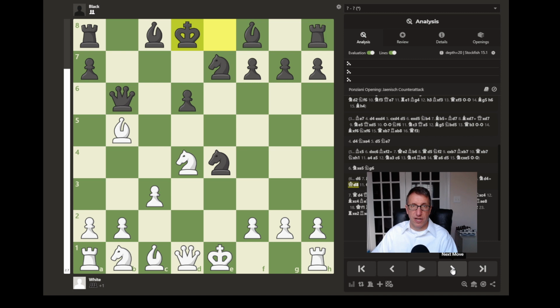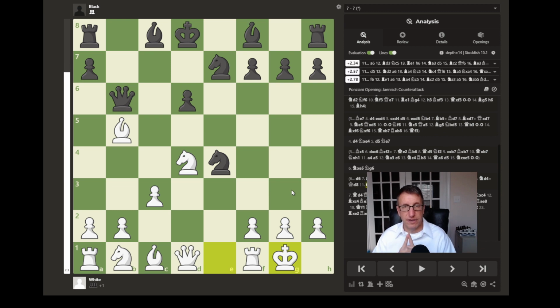And so here, if the king moves, we have a possible castling, and in this position, black's king is left in the center where it could become a target. We have an isolated queen pawn here that could become weak and a target as well. And also white is ahead a pawn. And if we look at the evaluation, it gives white plus 2.4 in